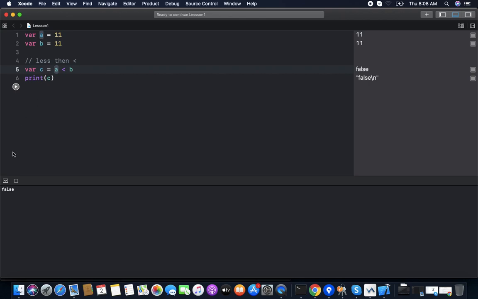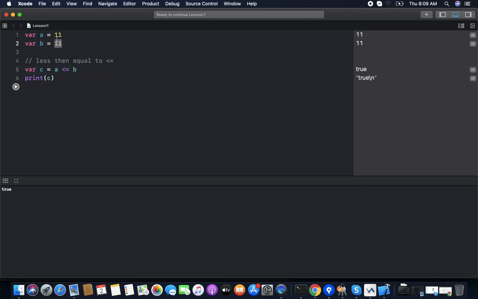But if we want to check equality as well, we have the less than or equal to operator. It checks the same as less than, but it also checks the equality. If equal, then it becomes true. So now both are equal, it's true.